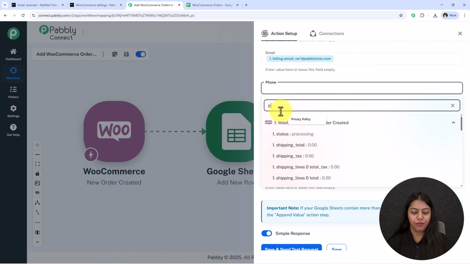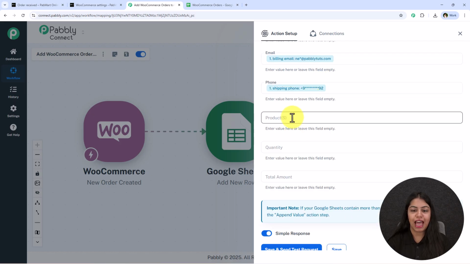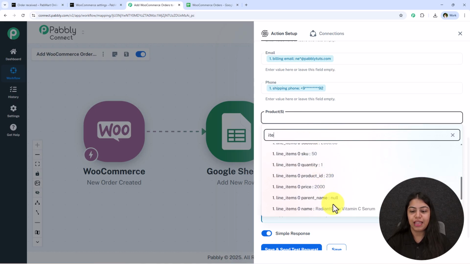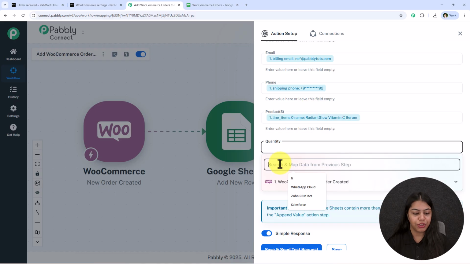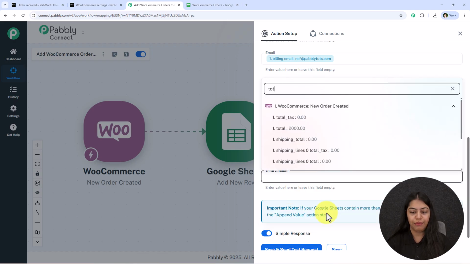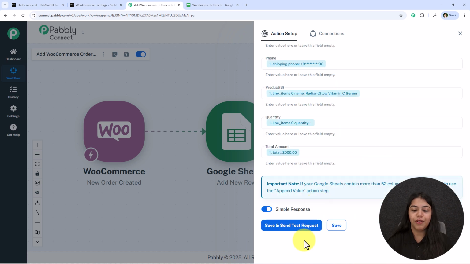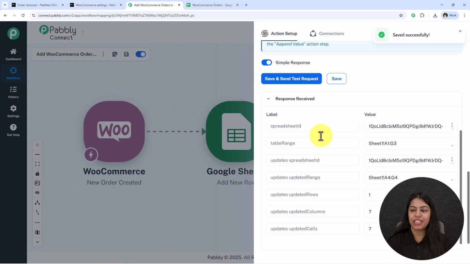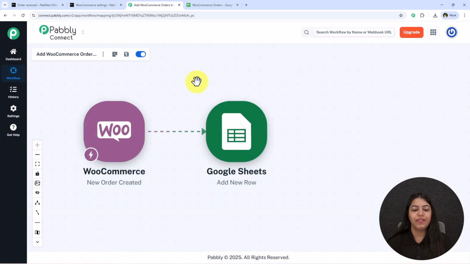Alright, so I'm just going to look for the details by searching it like this, and I'm going to map it one by one. So as you can see, for the products, I'm just going to map this item name. For the quantity, I'm just going to map the quantity, and now for the total amount, I'm just going to map the total amount. And after mapping all of these details, I'm going to click on this save and send test request. Now you're going to see we have received the positive response that we have successfully added these details